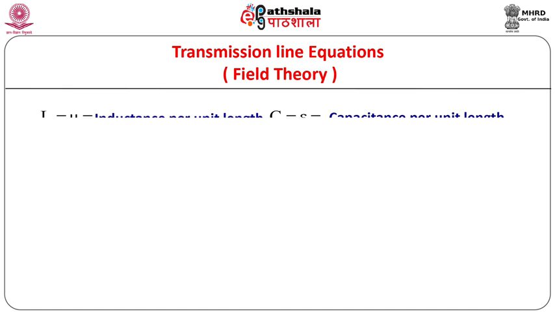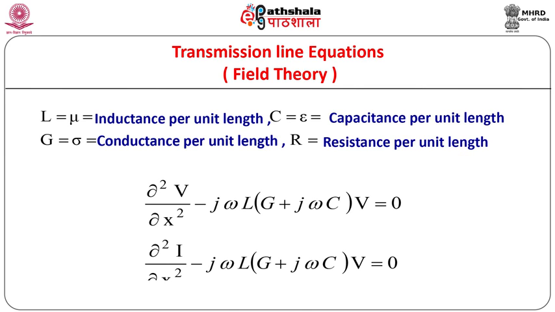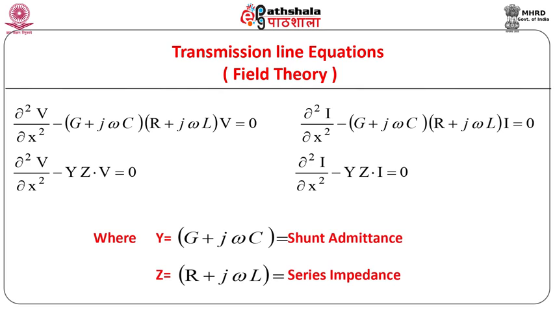Using the values of inductance, capacitance, conductance per unit length and the potential difference V and current I associated with the two parallel strips, obtain the equations as shown. Include the effect of lossy nature of conducting strips through resistance per unit length to modify the relation as shown. The equation can be simplified to obtain transmission line equations which are similar to those obtained by circuit theory earlier.